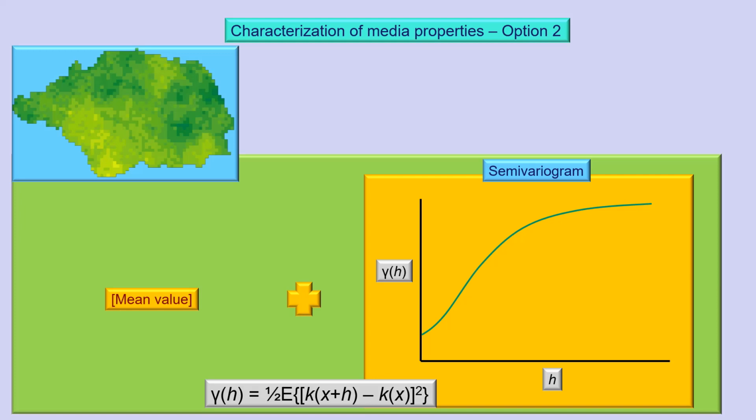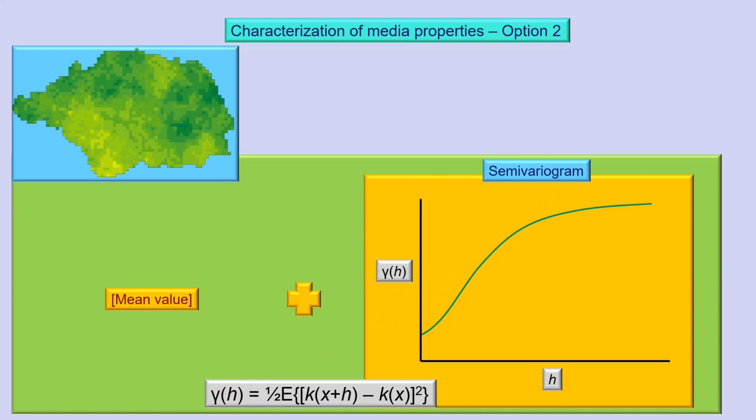This is the equation for the semivariogram. Semi by virtue of the half in front of the equation. E means expected value. Here's the property at a certain point minus the property at another point squared. So the definition, gamma h, the semivariogram, gamma as a function of h, that is, this curve as it depends on h,